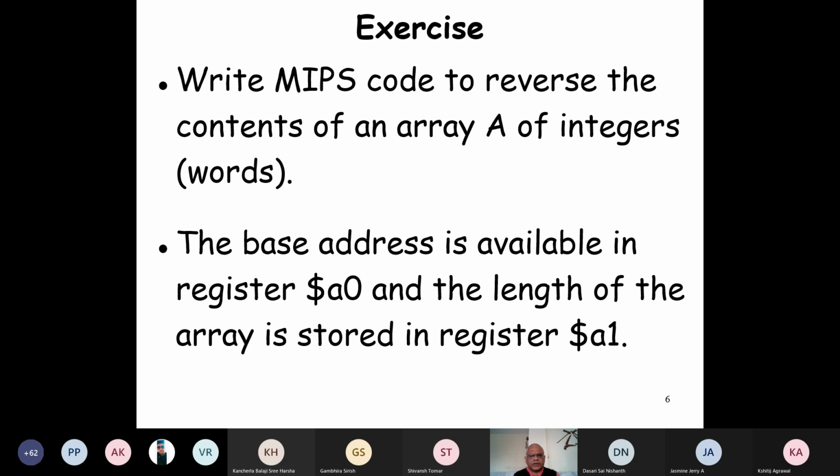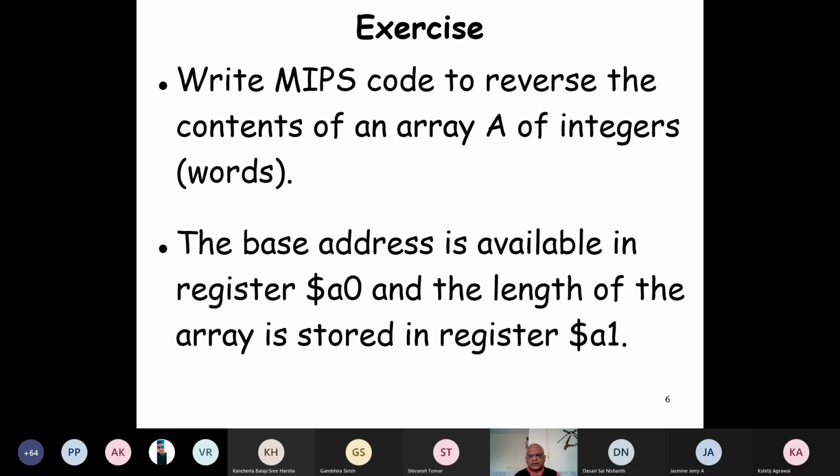But what will be the algorithm for this? Can anybody write a pseudocode or a C code? Or at least describe how we will achieve this? How do we reverse the array? You have done this in the first year programming course that I know, but I'm just trying to find out whether you can do it.